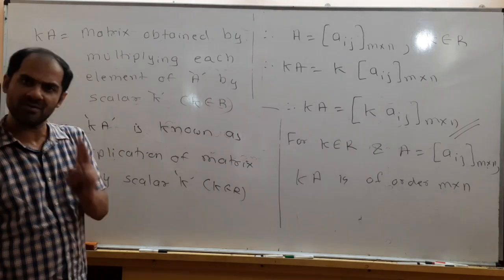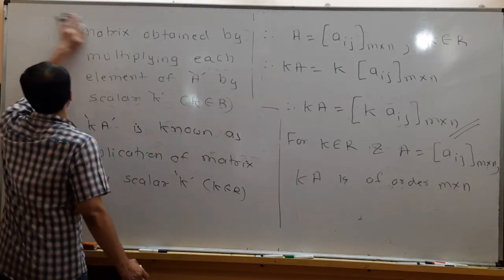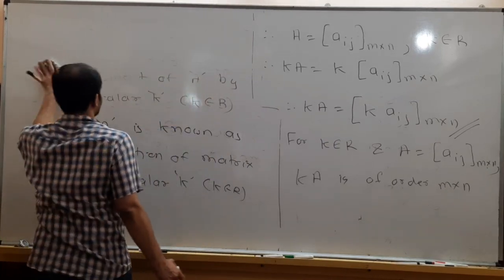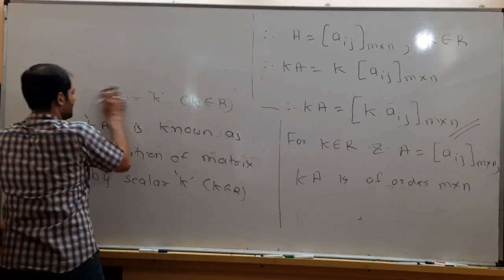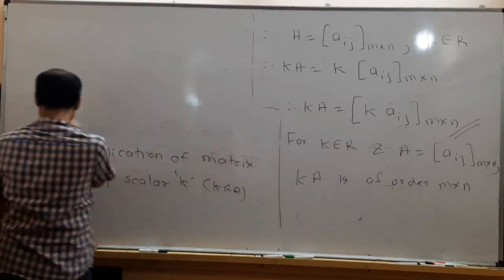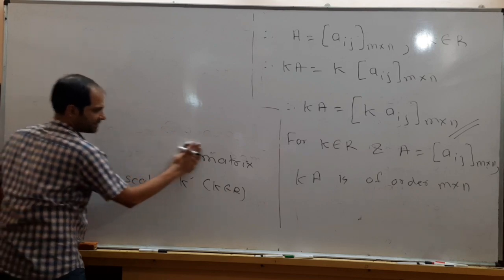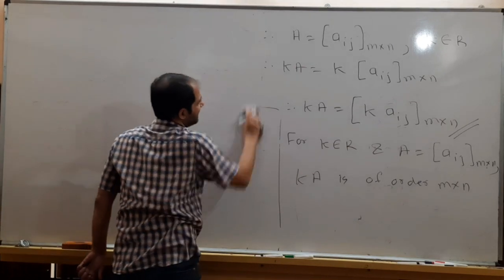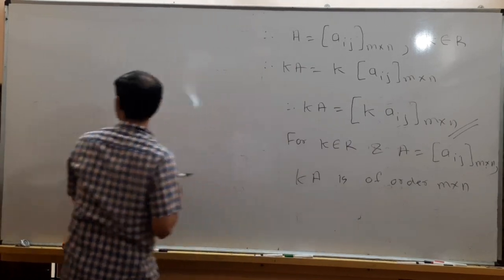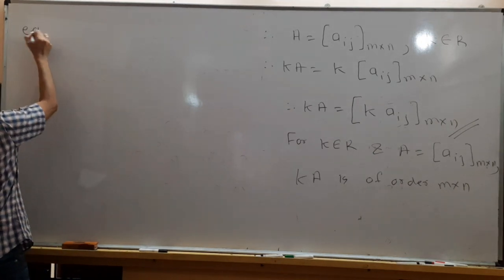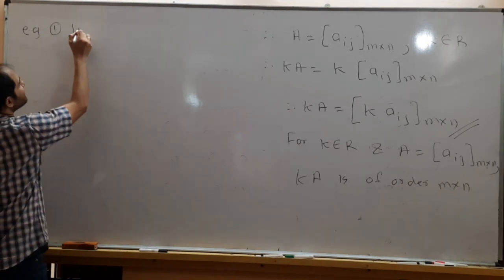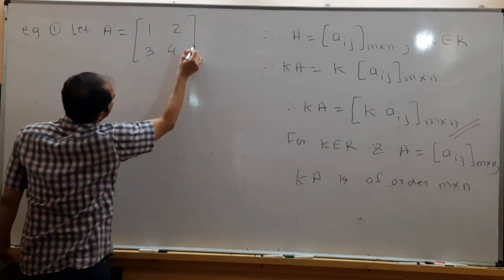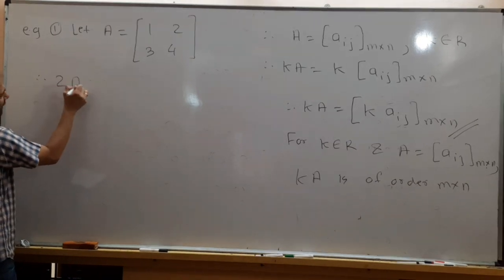But give me 2 minutes. I'll give 2 examples and you will understand in the easiest way. I will try to explain by giving some really simple examples, not 4 or 5, but 2 will be sufficient to understand, so you don't have any doubt. Okay. First, let A be simple, 1, 2, 3, 4. Then therefore 2A will be